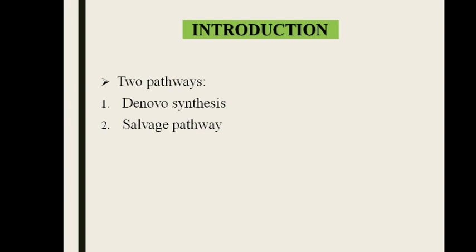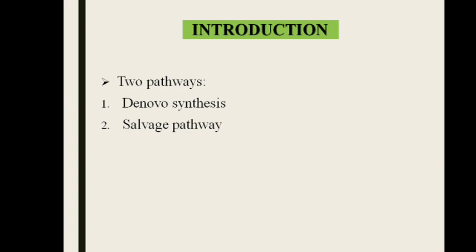In our body, there are two pathways to synthesize purine nucleotides. One is de novo synthesis, the other one is the salvage pathway. Why has God provided two different pathways? Because de novo synthesis operates in most of the cells including liver, but there are some tissues which lack de novo synthesis. For example, the brain does not depend on de novo synthesis